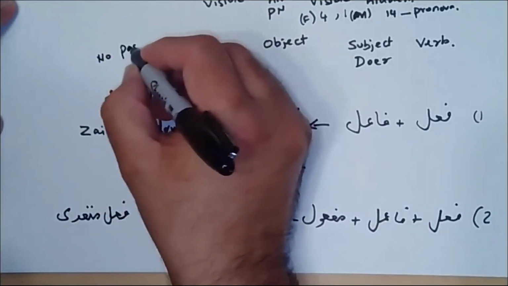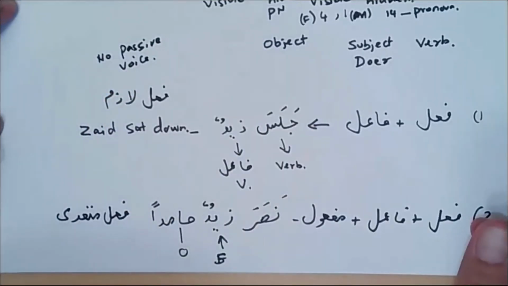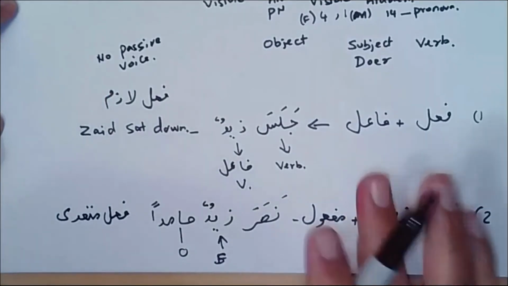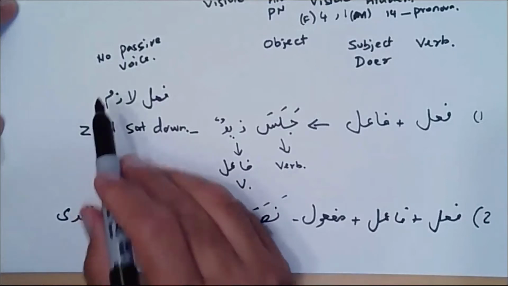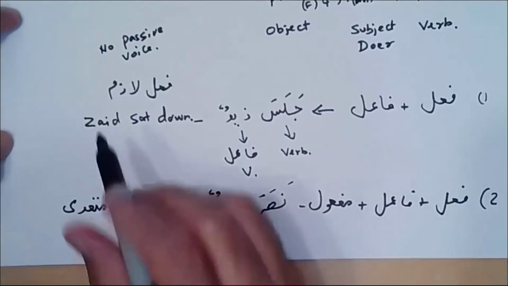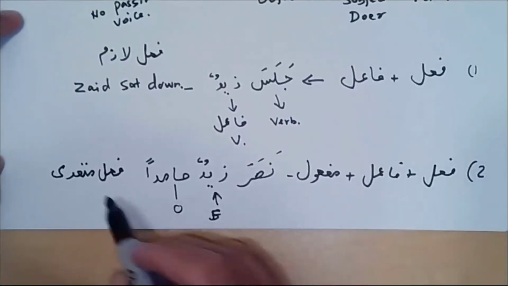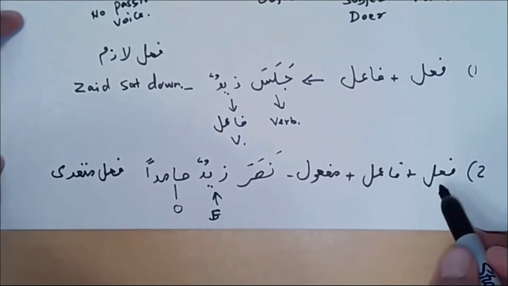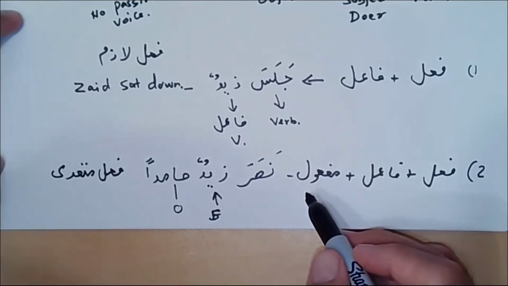passive voice. If we are dealing with fa'il and fa'il, we cannot make a passive voice of that sentence. So that's a rule. I'm telling you a rule. So in order for the passive voice to be constructed, it has to have a fa'il and muta'addi combination: fa'il plus maf'ul.